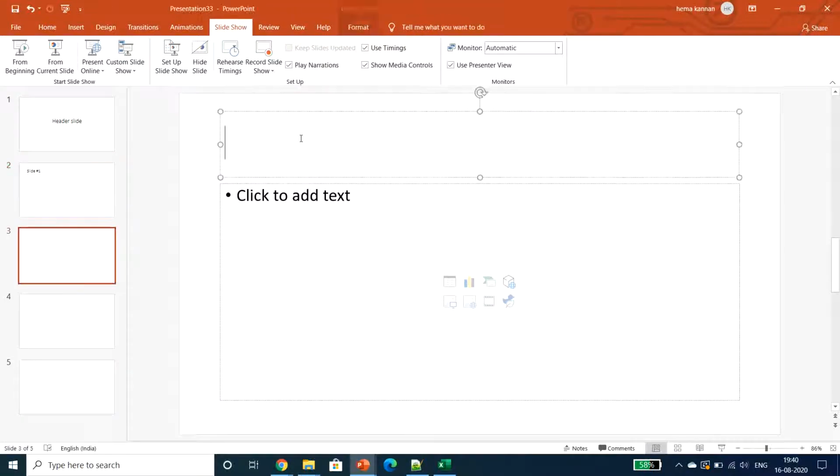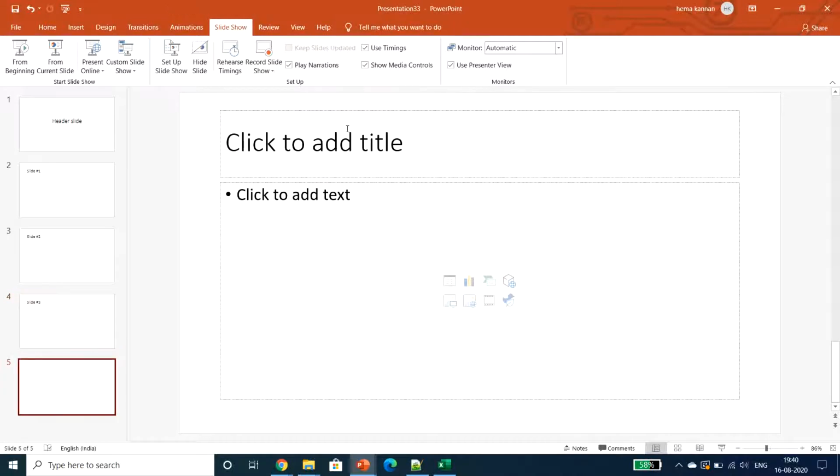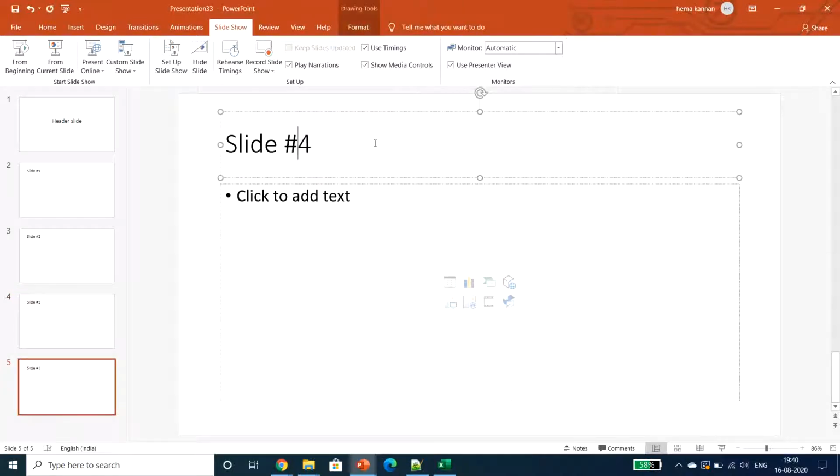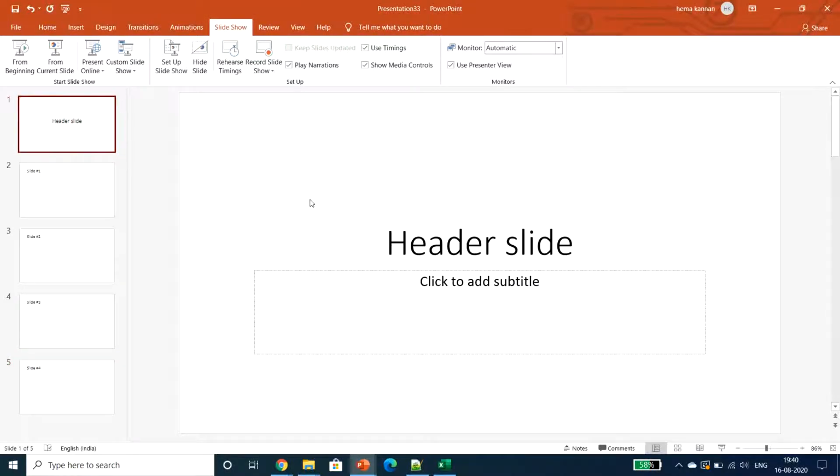Copying it, slide number 2, slide number 3, this is slide number 4. So that's it. Now I am giving slideshow from the beginning.